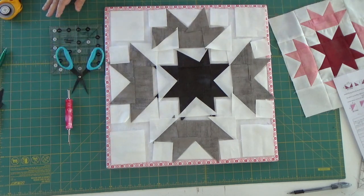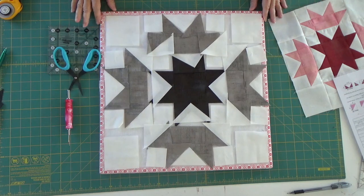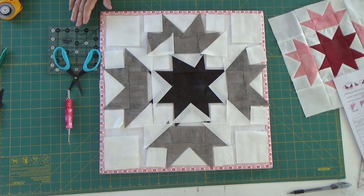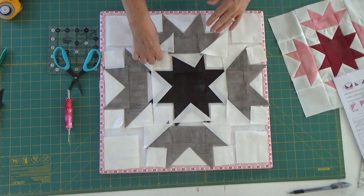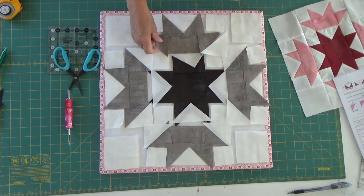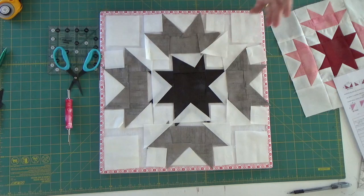Today we're going to be working on block number 10 of the Moda Stitch Pink 2020 quilt along. This is block Helen. I'm not 100% certain that I have it laid out right yet. I think I do, but something's telling me that this one's wrong. I knew there was something that was wrong. I kept looking at it going, there is something that is not right here. So I'm not sure I have it perfectly right still, but I'll just keep double checking it as I go